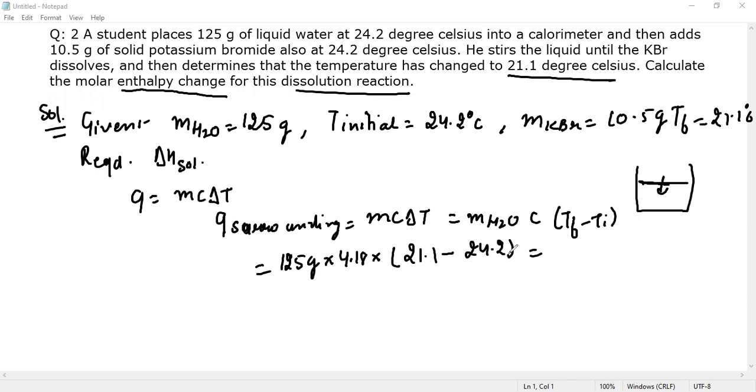From here you will get a negative number. So it would be minus 1.620 times 10 to the power 3 joules. So this is your answer. This is the Q for surroundings, that is of water. I will just write surroundings here. And now we are to find the enthalpy change for the system. So delta H for the system would be,